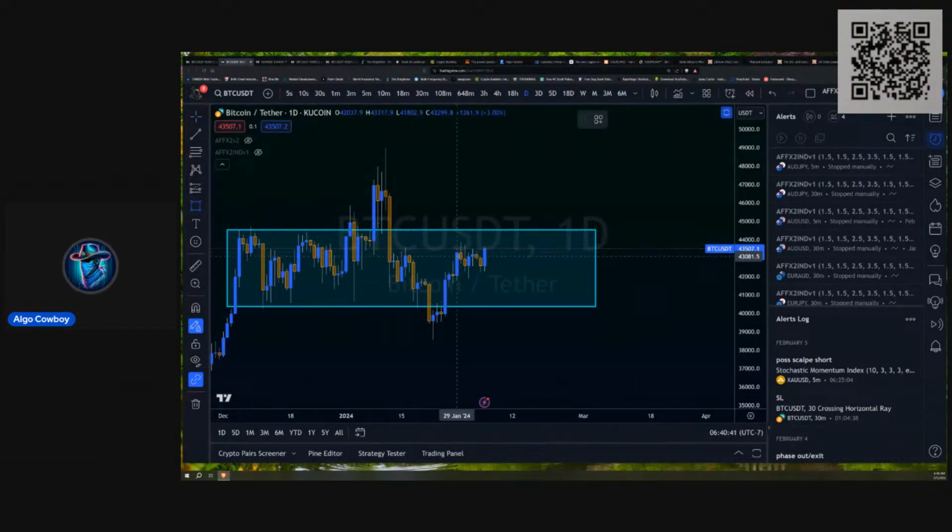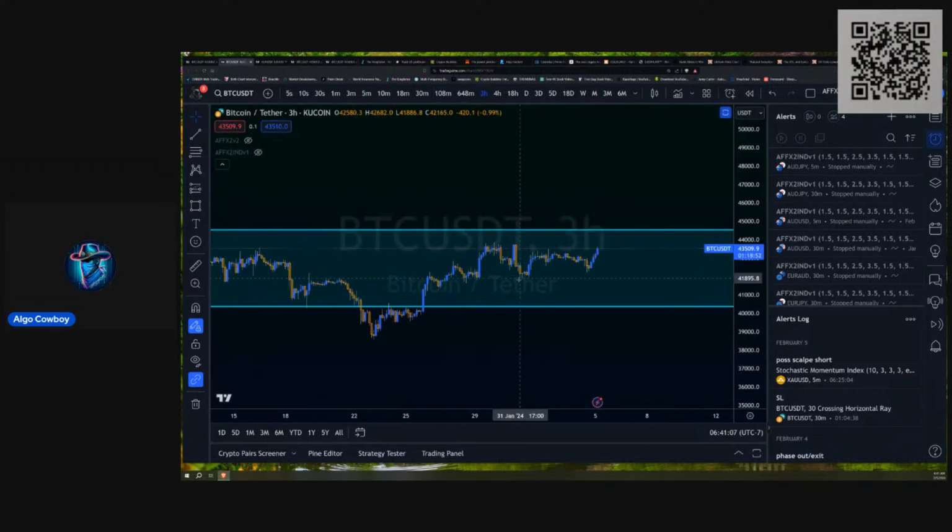But it looks as if we're actually seeing a tighter range start to develop right here. And I might have to zoom into a lower time frame to take a look at that, okay? So let's do that before we start drawing rectangles here. Let's take a look at, say, the 3 hour, going back to January 29th. Okay, so let's do that. 3 hour. Yeah, it looks like we're seeing a range start to establish. I'd say it looks like this. Yeah, that looks about right.